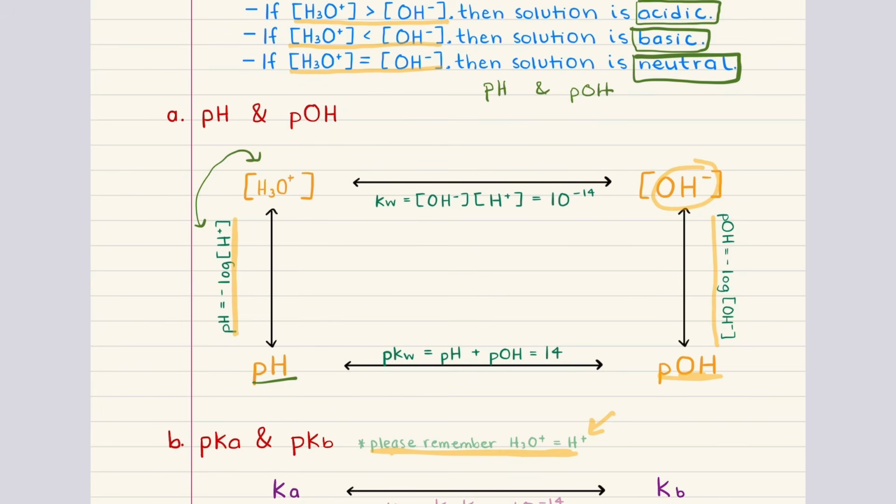So the equilibrium constant for that process, Kw, is equal to the concentration of hydronium multiplied by the concentration of hydroxide. At 25 degrees Celsius, Kw has the value 10 to the negative 14. Taking the negative logs of both sides gives us the important relationship that pKw equals pH plus pOH, which equals 14. That means if you know either the pH or the pOH, you can immediately calculate the other